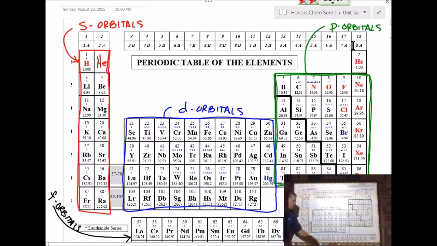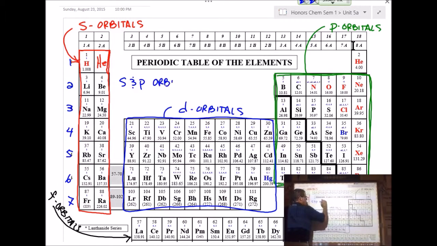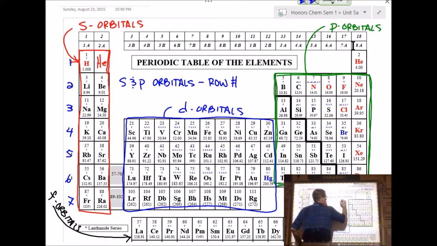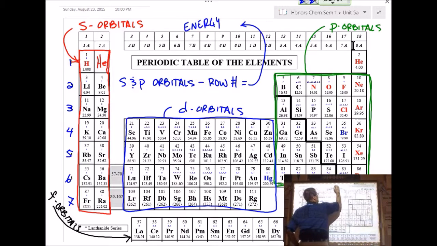Now, I think this kind of got cut off over here, but these are the numbers. So like 1, 2, 3, 4, 5, 6, and 7. For S and P orbitals, row number equals energy level. So like there's the 1s orbitals, the 2s orbitals, the 3s orbitals, 4s, 5s,